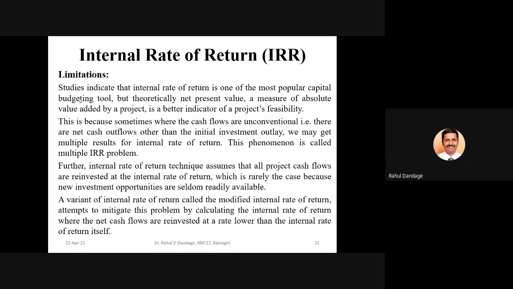We will have problems for practice related to net present value and internal rate of return, because they have similarity with each other. The method we are applying is one and the same. In one case, R is known and we calculate the net present value. In the second case, net present value is equated to 0 and we calculate the value of R, and then check whether the project is to be accepted or rejected.